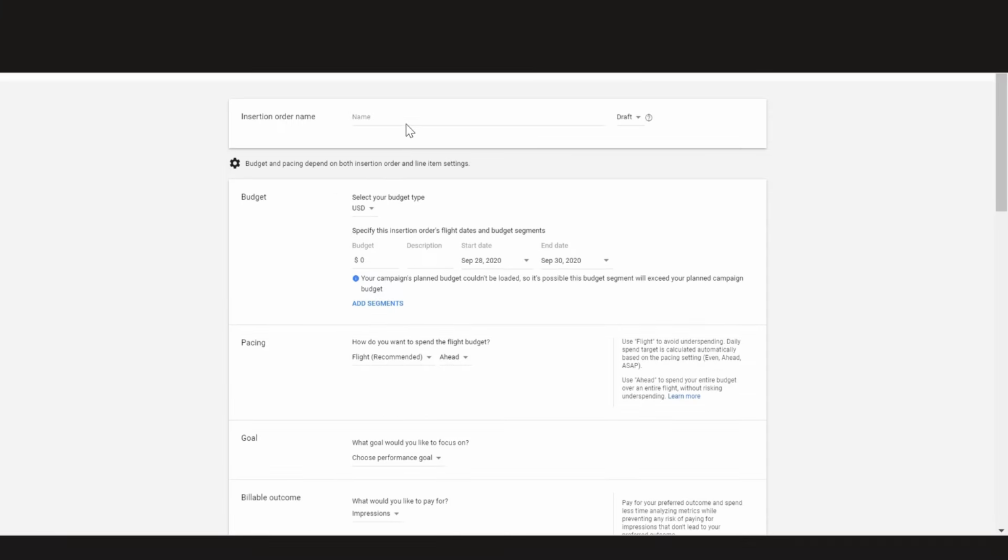So herein we will give it a name. The options that we have over here are draft and active. Once we create the insertion order, we prefer to keep it as draft so that in case we are making some mistakes, or in case the campaign start date is a future date and we do not want to activate it at the moment, we can keep it in a draft state. If there is your line manager or reporting manager who would like to QA it first before it becomes an active IO, you can keep it as a draft.